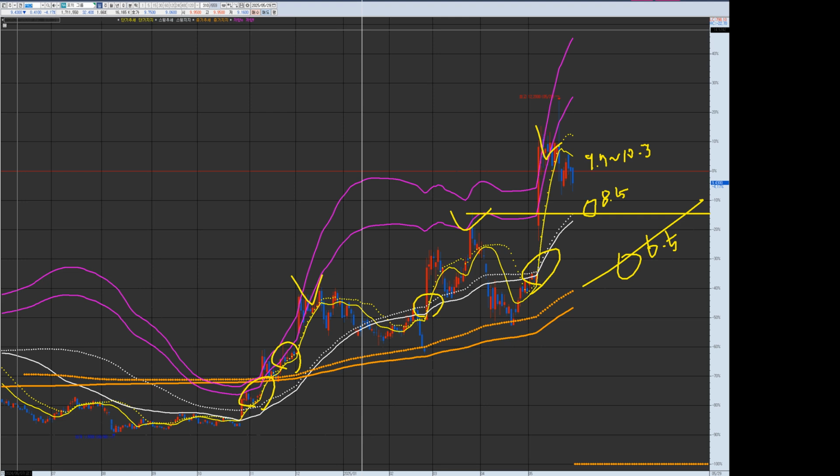Strategy scenario plus simulator. Entry zone $8.90 to $9.20, multi-time frame support. Structure match probability 71%. Target zones: first target $10.60, probability 69%. Second target $11.95, probability 62%. Long term $15.40,